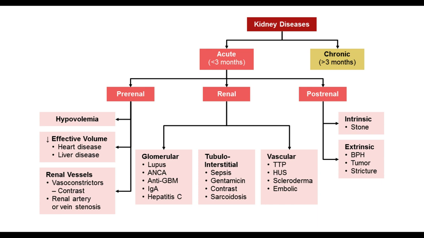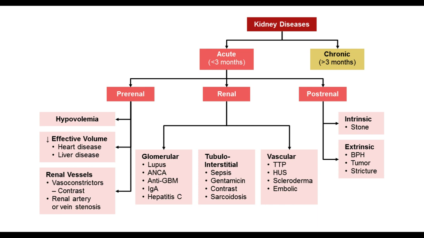Or you can have a problem directly in the kidney vessels itself. So like contrast, it directly stimulates, and I'll go over it later on, stimulation of the neurotransmitters, which cause renal vasoconstriction. Or you have some anatomical problem in the renal artery or the vein, like you have a clot or thrombus or just an atherosclerotic lesion in the renal artery, so that kidneys are not getting enough flow and having damage to